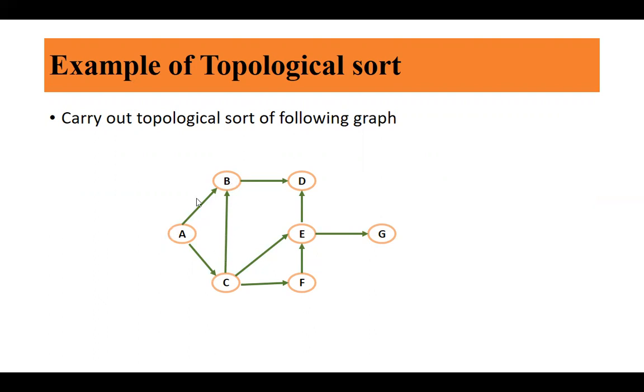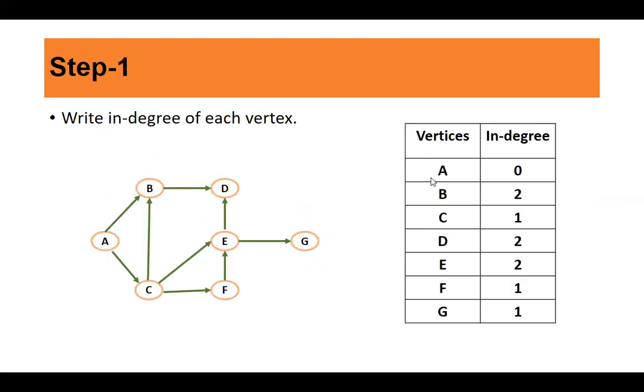Look at the directions of the arrows which show this, right? For activity D to be executed, B should be completed first and E should be completed first. There are two incoming arrows. That means B should be completed first, E should be completed first, and then D can be executed or can be started. Fine. So let us look at the example.